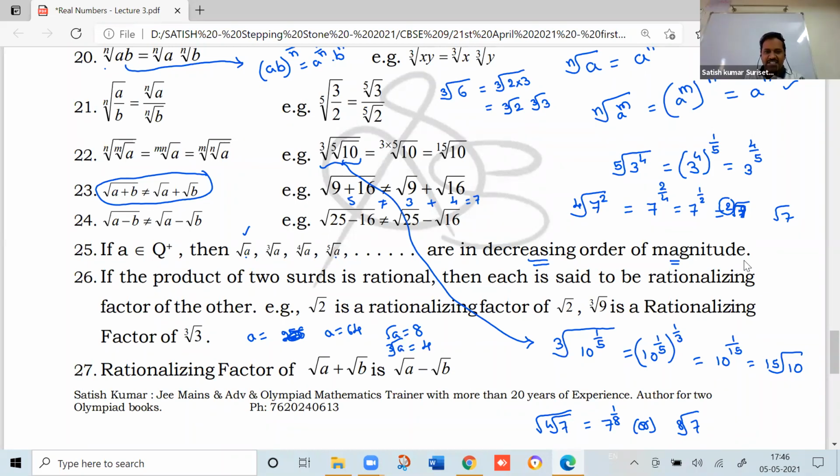Now, tell me, is 8 greater than 4 or not? Sir, it is greater. That means what? They are in decreasing order only. Next, let us calculate the fourth root of a. Can the fourth root of a also be possible? Check. That is the fourth root of 64. No, 64 is not a perfect fourth power. So you cannot conclude, but still the value will go on decreasing only.